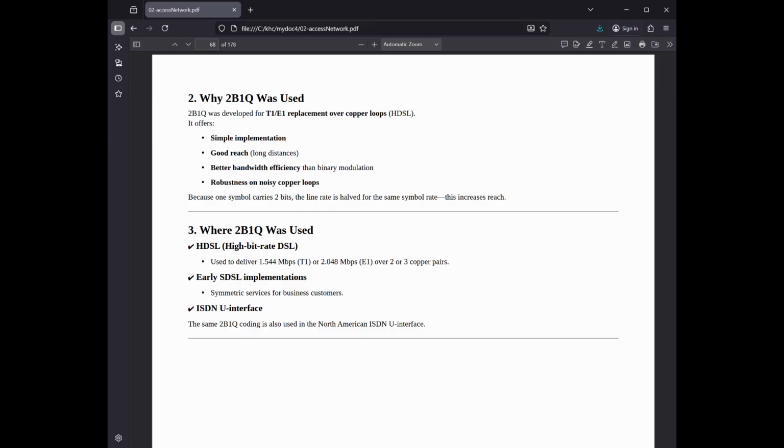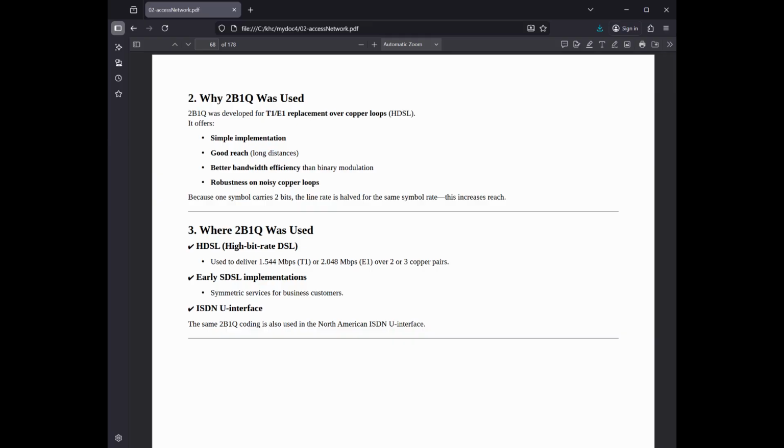Lower frequency requirement: lower baud rates require less frequency bandwidth. Copper telephone lines have high attenuation at high frequencies. By keeping the signal slow and low frequency, the data can travel much further distances, up to 5.5 kilometers or 18,000 feet, without a repeater. Power efficiency: it uses power more efficiently than simpler codes like Manchester or AMI, alternate mark inversion, for the same